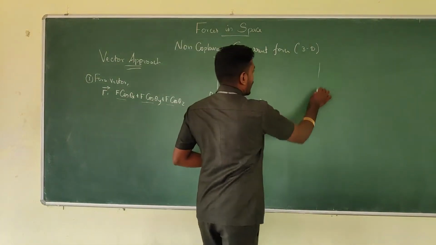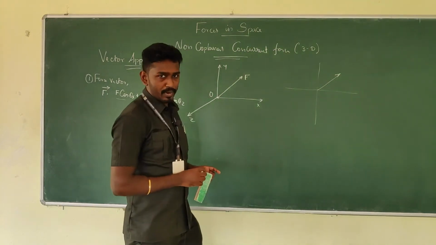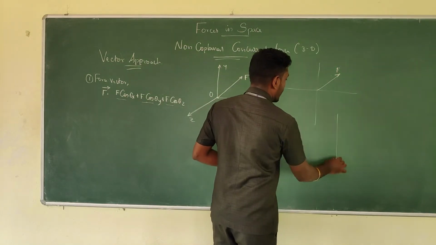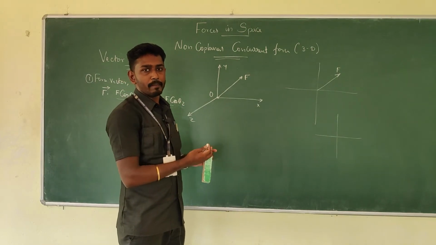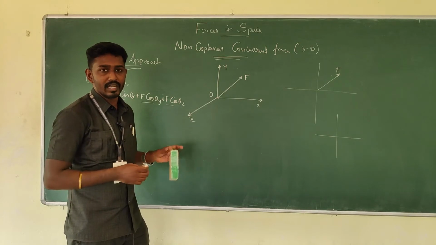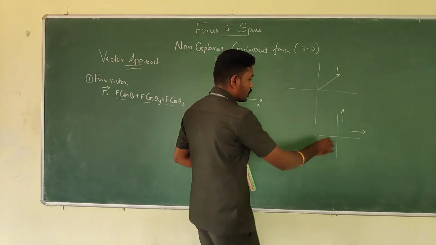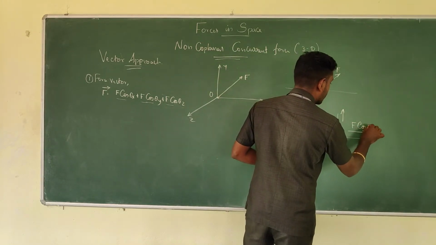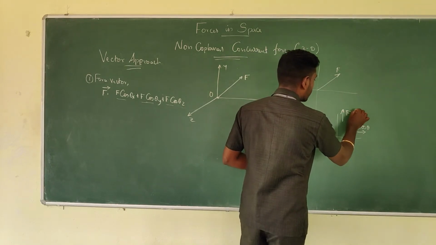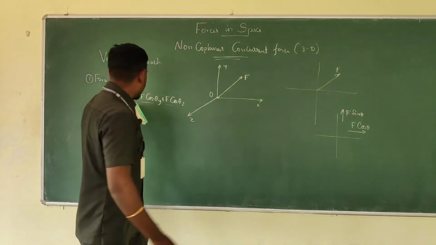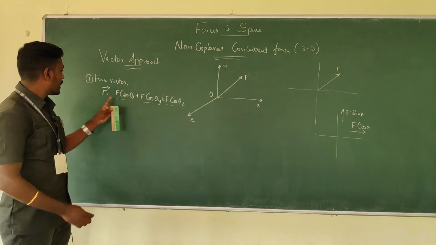I can remind you, when you have an inclined force, we used to identify the components. When it is inclined, two kinds of components are possible, partially vertical and partially horizontal. We take one force here and one force here, and we designate the horizontal component as F cos theta, and here we represent F sin theta. In a similar manner, here we have designated the force in three dimensions. That's the difference in vector format.